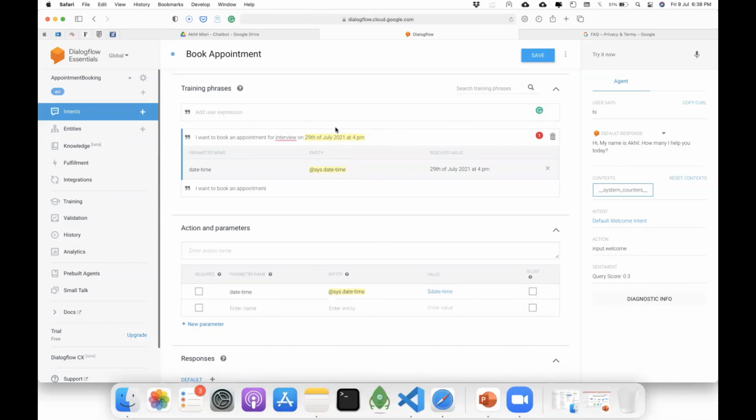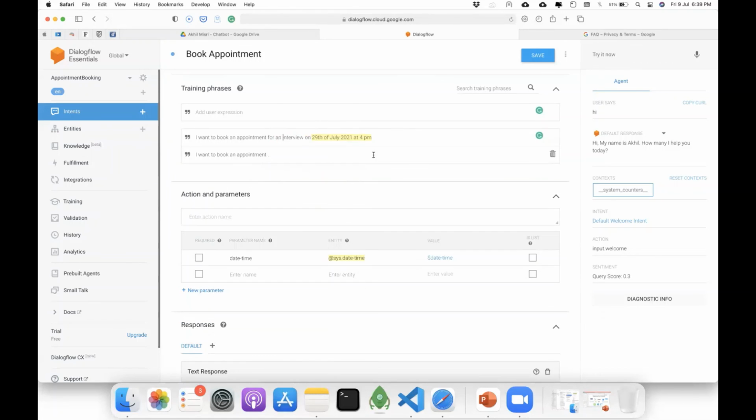So it understood what date and time the user is asking for, right?